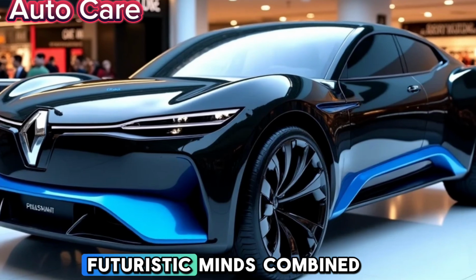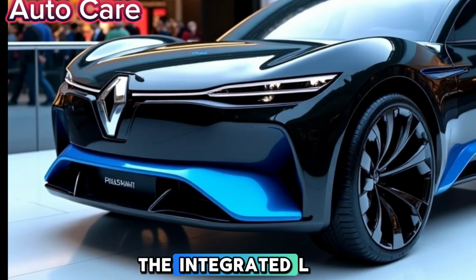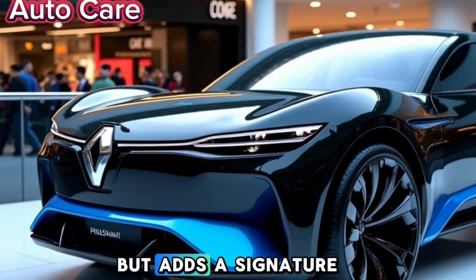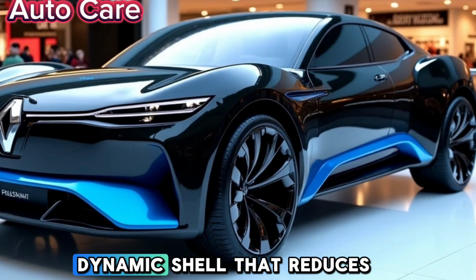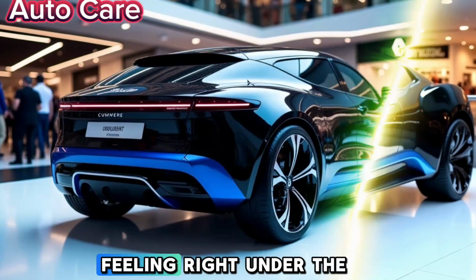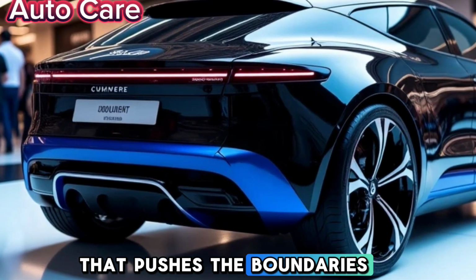Sleek, futuristic lines combined with a lightweight carbon fiber frame give it a bold, aggressive stance. The integrated LED matrix lighting system not only enhances visibility but adds a signature look that makes this bike unmistakable on the road. Renault has engineered it with an aerodynamic shell that reduces drag and improves efficiency, ensuring a smooth yet thrilling ride. Under the hood, or rather, beneath the fairings, sits an electric powertrain that pushes the boundaries of